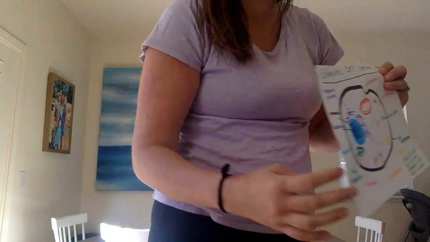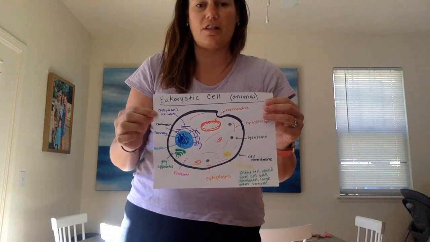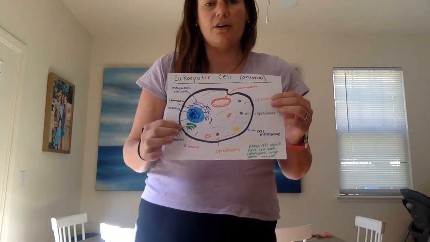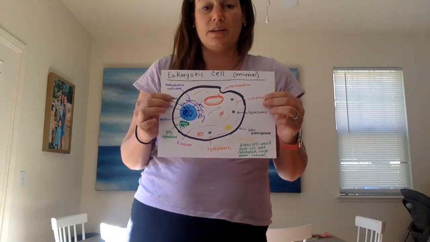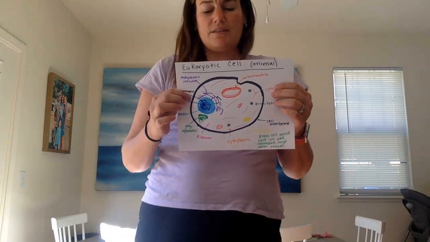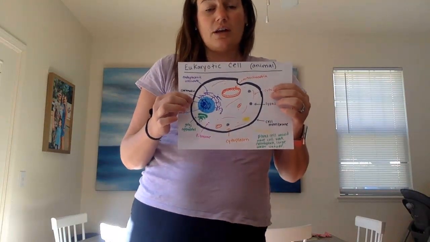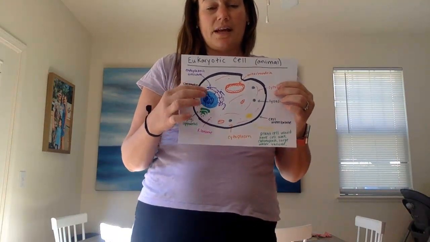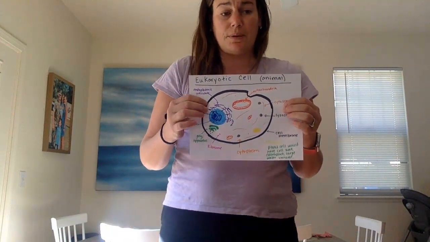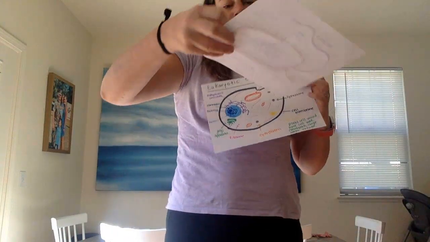So if you look in comparison then to a eukaryotic cell, there's a lot more going on. The picture I have here is of an animal cell. There's a few clear distinctions between this and a plant cell, which I will note. So the main difference is that there is no cell wall in this animal cell, just a plasma membrane, which is that prototypical phospholipid bilayer,